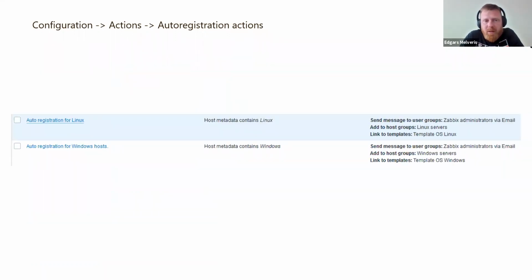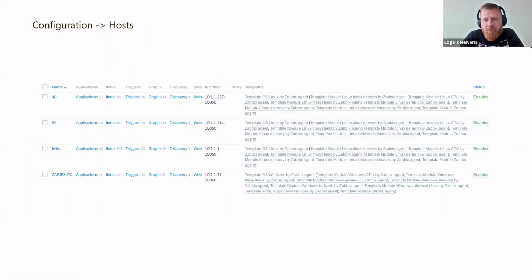And here we can see I created 2 actions immediately. In one, I'm just using one condition, host metadata contains Linux. In the other, host metadata contains Windows. And the same operations as in discovery. So add to host group Linux, link template Linux, and in this case, Windows. And that's it. So I actually removed those hosts after the discovery and disabled the discovery, and these are now